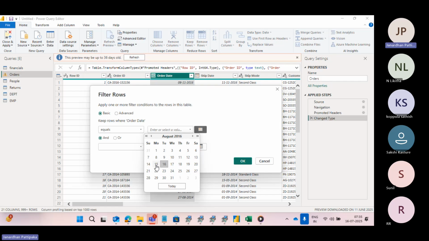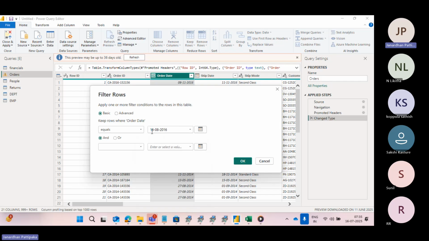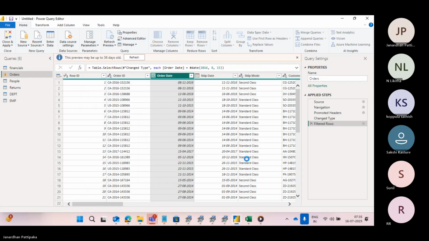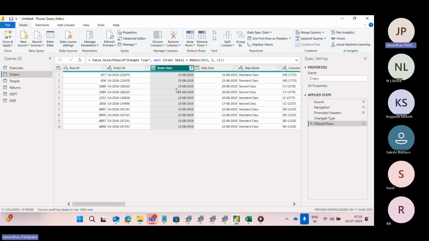2016, we'll click on August. See, August 15, 2016. Let us check whether customers have added any products on this date. If you click on OK, it will appear over here. See, on this 15th August 2016,